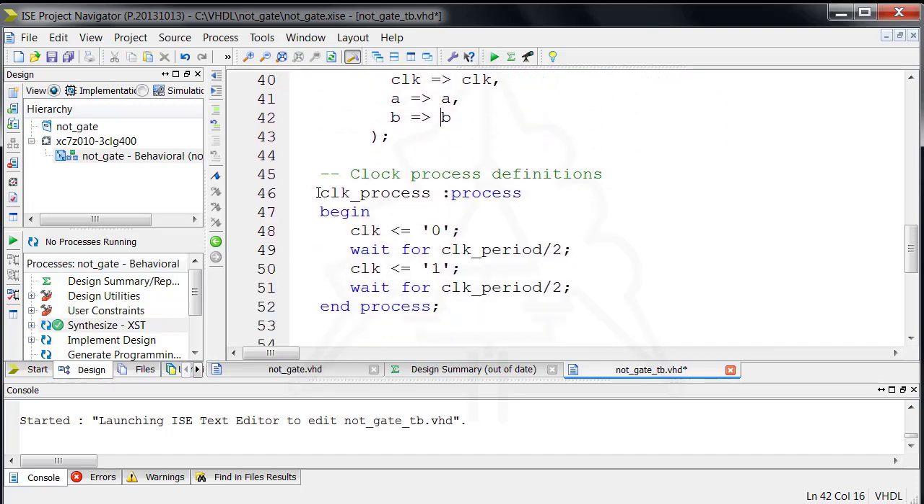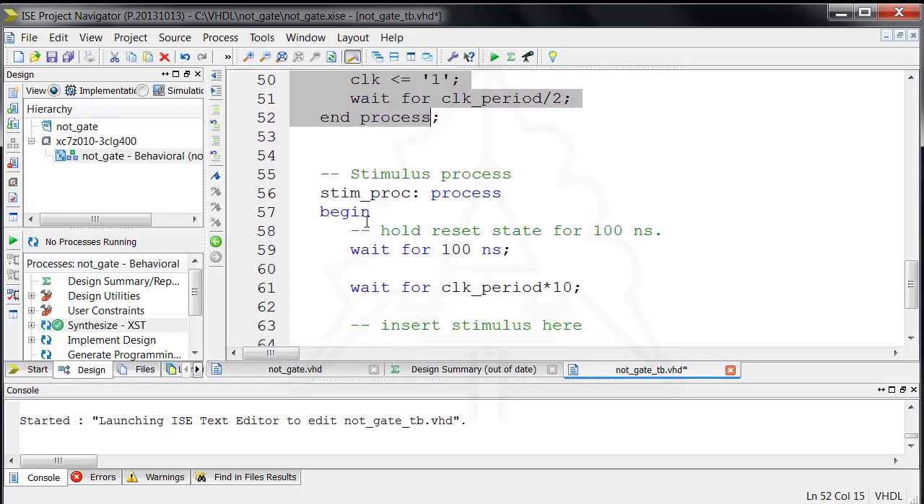Clock generator process. Stimulus process. Stimulate the inputs in the order you want. For example,